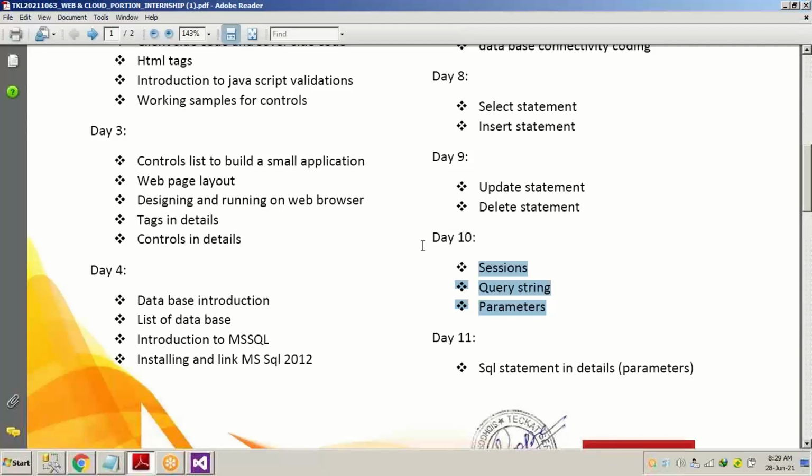How to restrict jumping from one form to another form. If we don't use session and query string, what disadvantages we have. That is what we are going to look at. Once we will be using a simple form without any session, query string or parameter, and then in the same form we will be using session also, and we will see the difference.